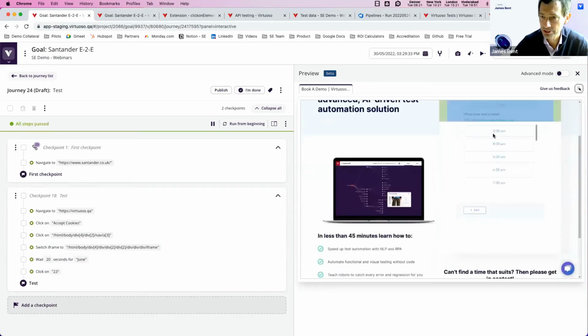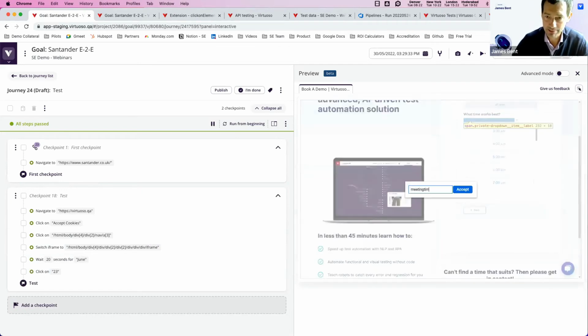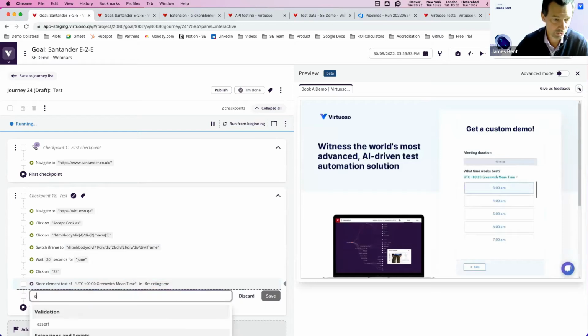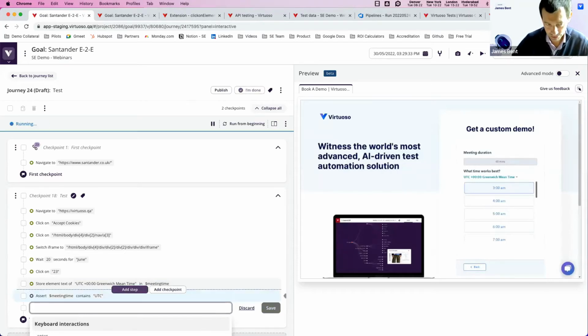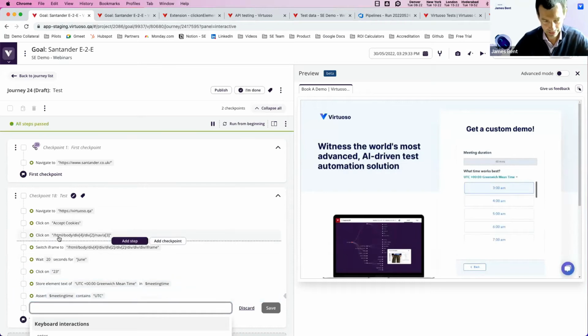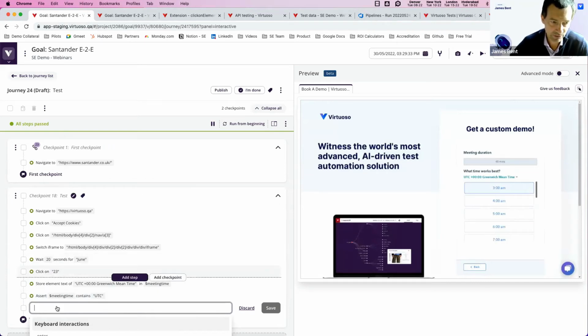So maybe then I want to, let's store the meeting time into a parameter, which then I might just want to assert that meeting time contains UTC, for example. I can start really creating my tests at the pace at which I'm writing them, seeing that as I write them, they then execute, knowing that means I've got working automation. You can literally see the speed at which you can create these tests and have them knowing that they are working,